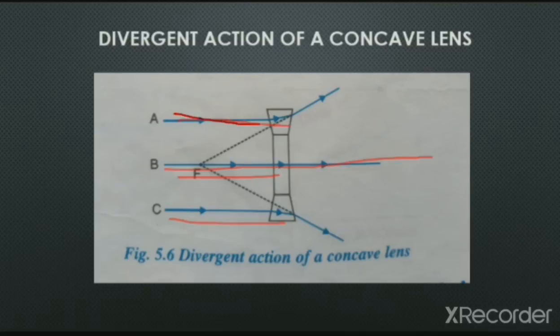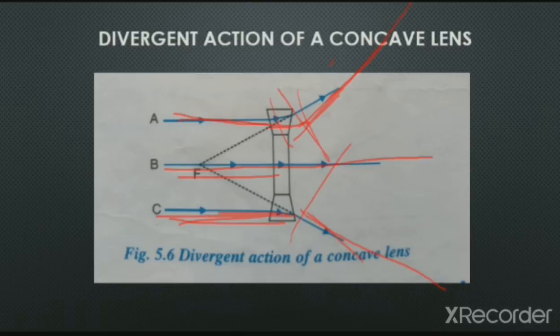On the upper part you will see it is an inverted prism. As I have explained earlier, here the ray of light first bends towards the normal, and when we draw the normal on the second surface, it will bend away from the normal. So therefore it will diverge in this direction. And similarly, in the case of the lower part, this is a simple straight prism. Again the ray of light, after coming out of the prism, will bend away from the normal and go in this direction, and this ray of light A will go in this direction. So that means they are diverging after the refraction through the prism.